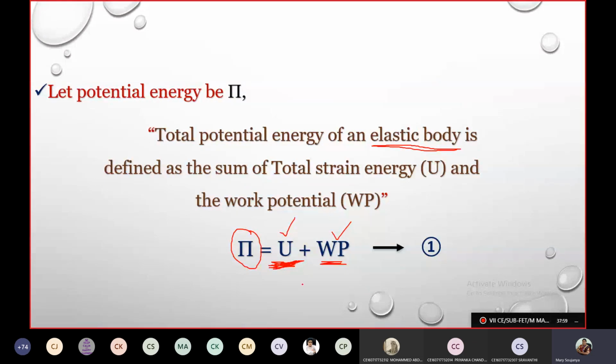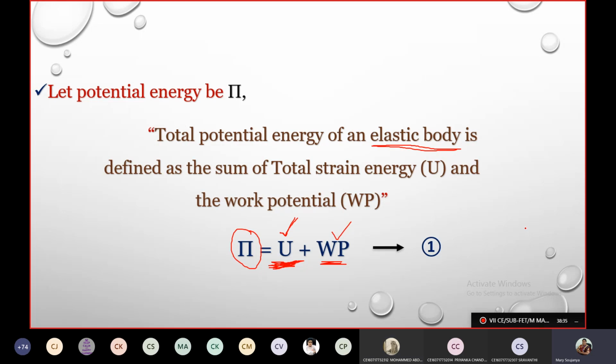So when we have to find out the internal stresses and the work potential of the member, first what we do, as we did for the bar element, is consider the spring element first. We will try to find out the value of potential energy for a spring and then apply that concept to our 3D body, whatever we have. Got the point? Yes, ma'am.